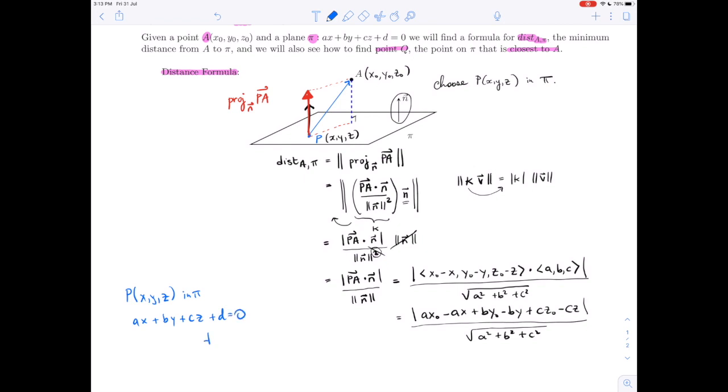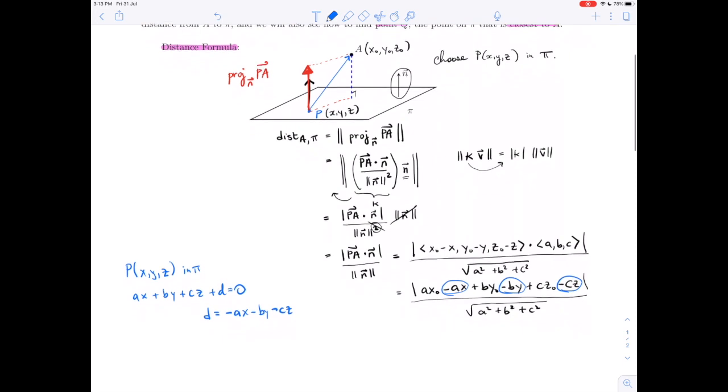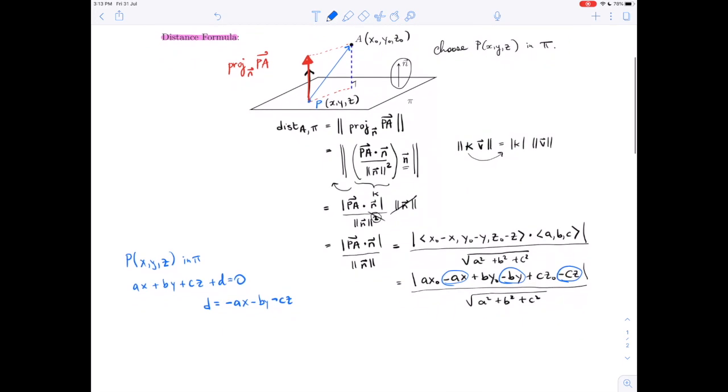Well, if we keep d on one side and move everything else over, minus ax minus by minus cz is equal to d, and look at that. Minus ax minus by minus cz. So we can replace all of those things by d, which means that we are going to have